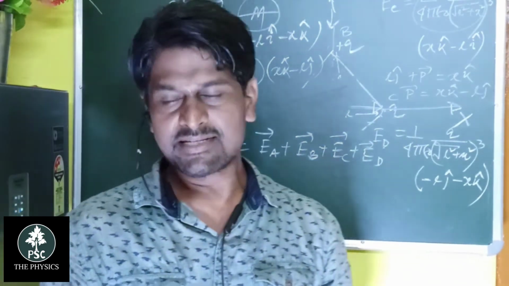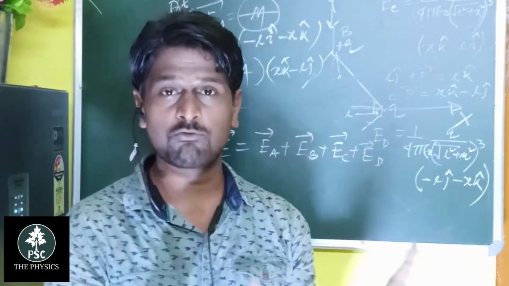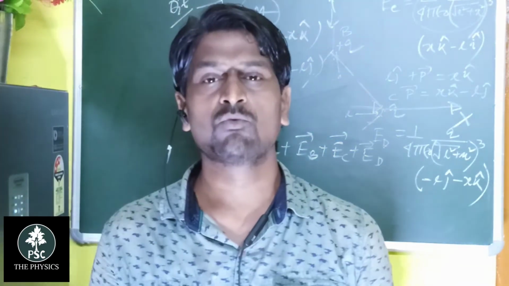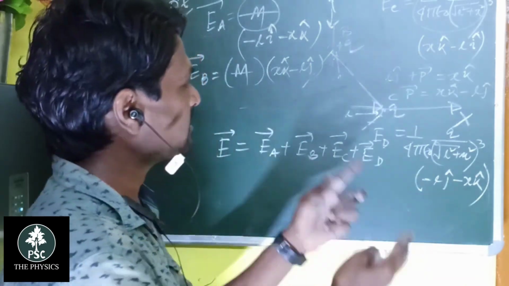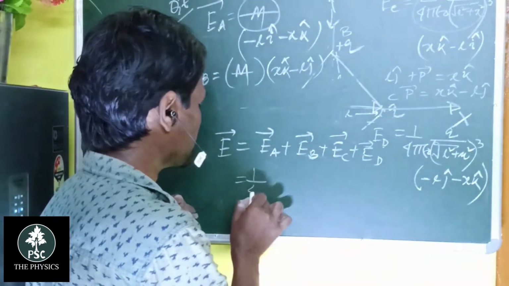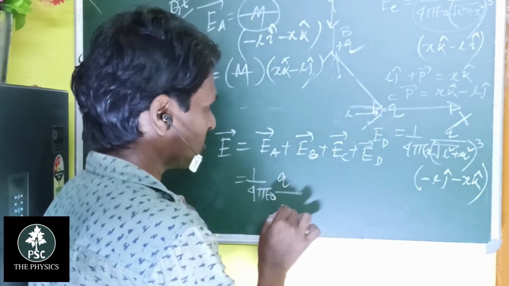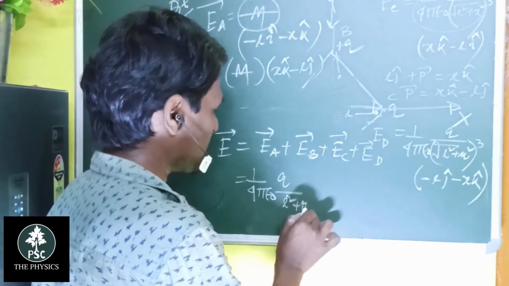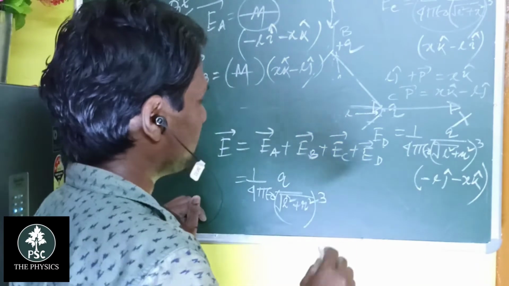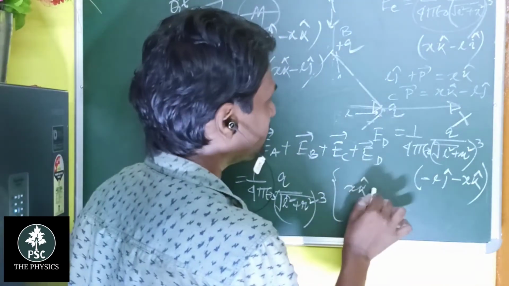So then what is the main technique, students? First of all, you have to know that particular vectorial form, that is Coulomb's law. Then what is the vectorial form for electric field, and then apply this one. And you can take the magnitude as common, 1 by 4 pi epsilon naught, and Q, and then L square plus R square, and the root notation, and this is a cube, and then write down x k cap plus